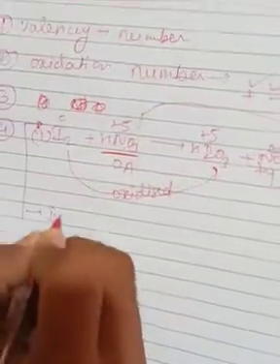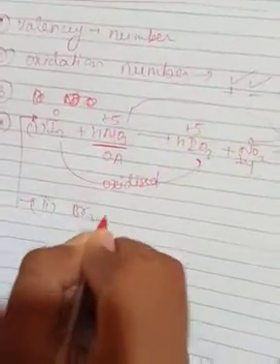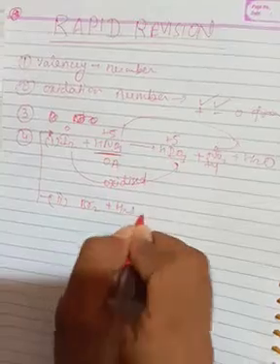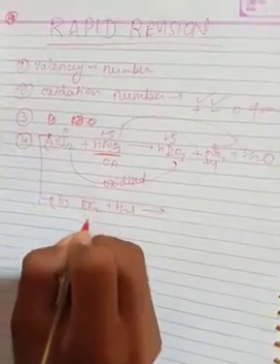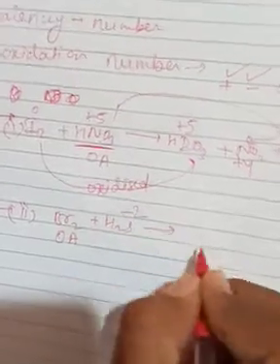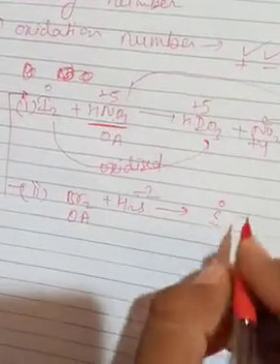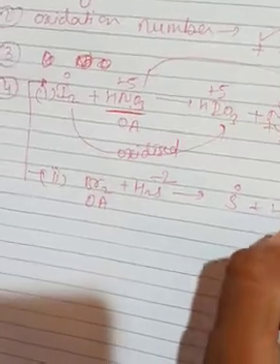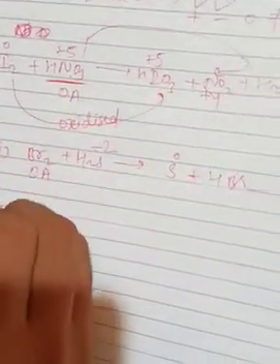The second reaction we have is Br2 plus H2S. Here Br2 acts as oxidizing agent and oxidizes S2- into S, where sulfur is in 0 oxidation state, plus HBr. The third one is